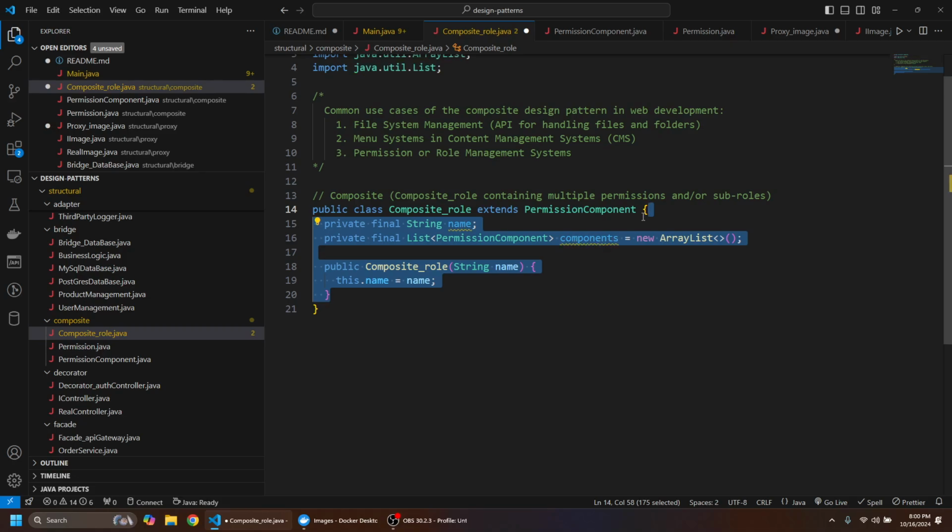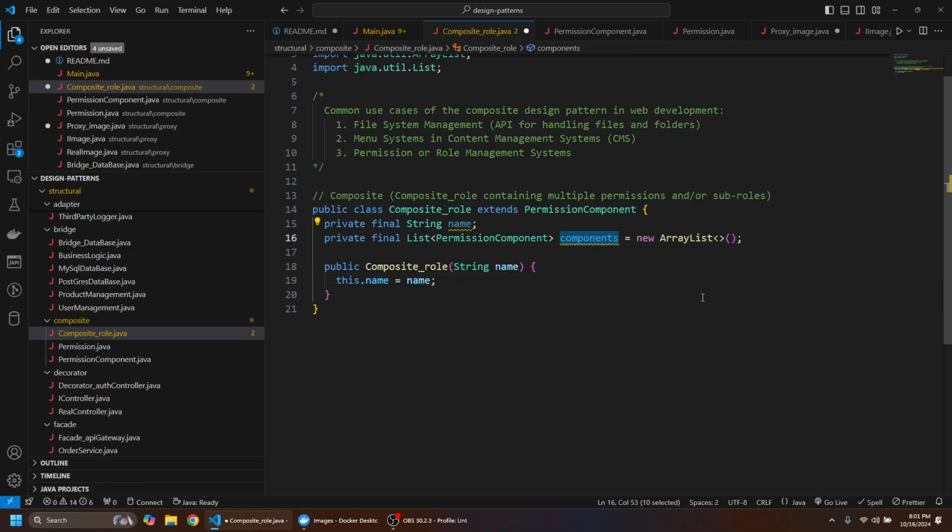So let's say we have a role. For example, a role would be like an admin or editor or something like that. So let's say we're doing a CMS. We could also have individual permissions for those roles. So each role could be composed of permissions. An admin will have the ability to do all of the things with the permissions. However, you might have a reader, for example, or a guest, which might only have permission to just view something. So what we need to do is each role will have a list of permissions